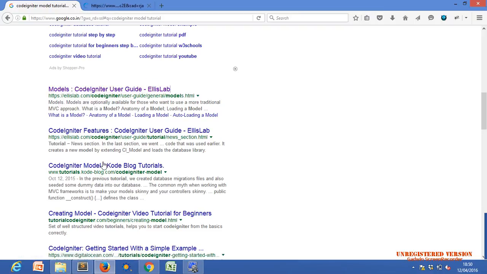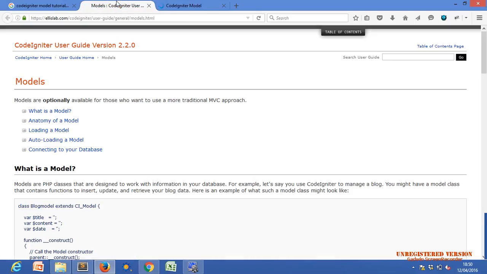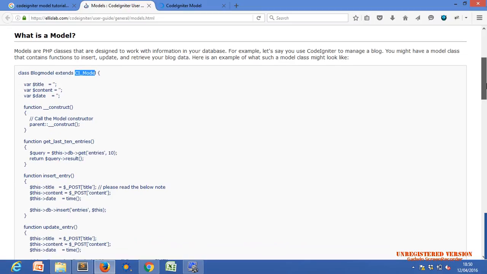We have to open some other class. It extends CI_Model. Yeah, we have done that, right? And within the constructor we have some extra functions, get_db, get, the entries and result.